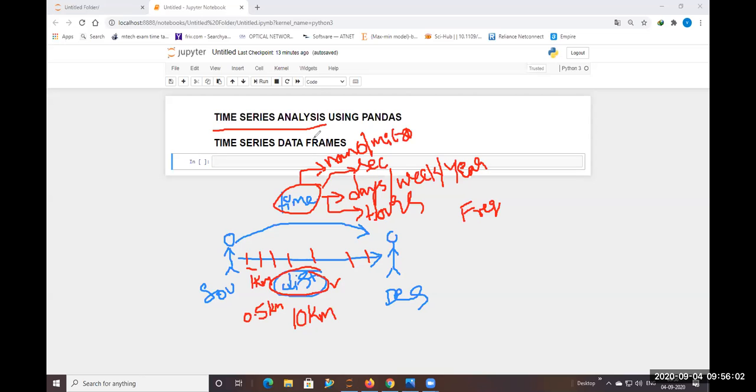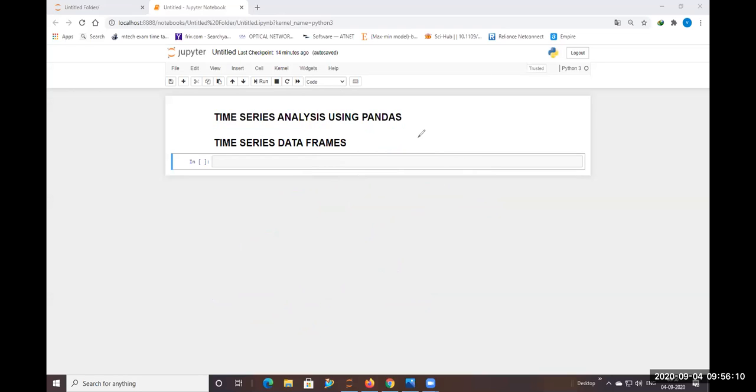So we can represent time series analysis in different ways. This is the main example I wanted to give for representing time series analysis.